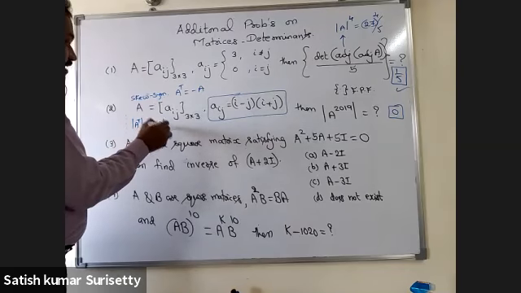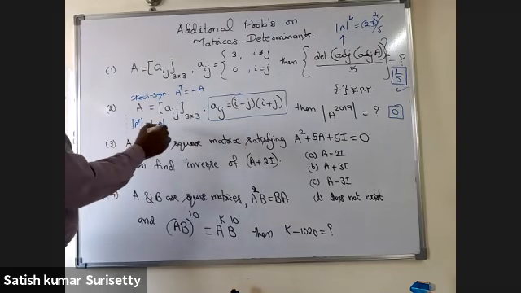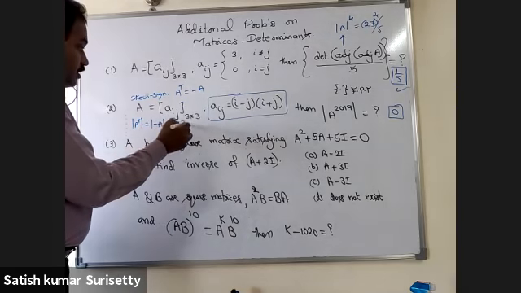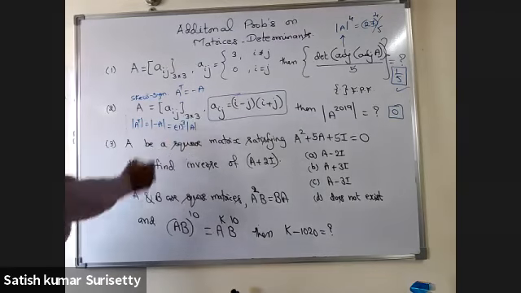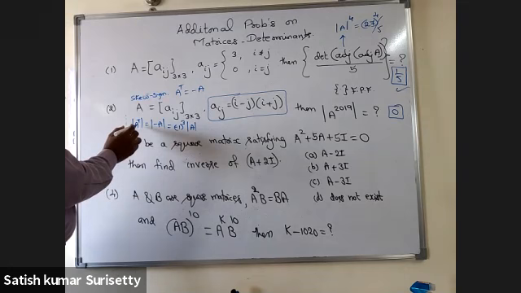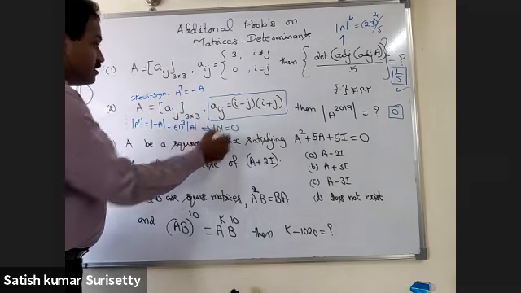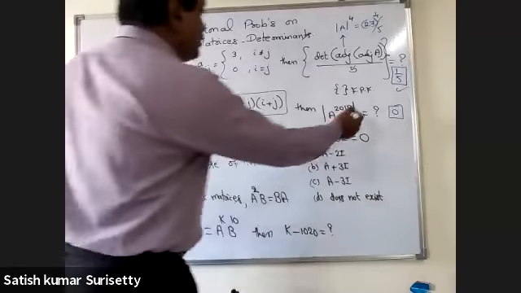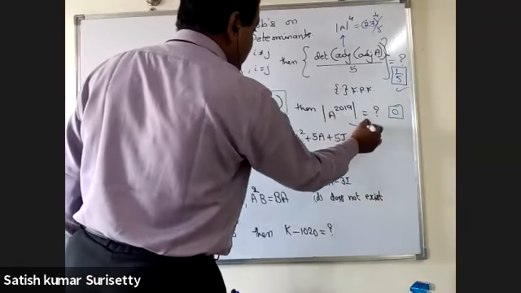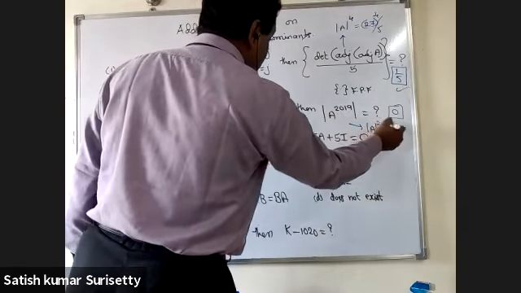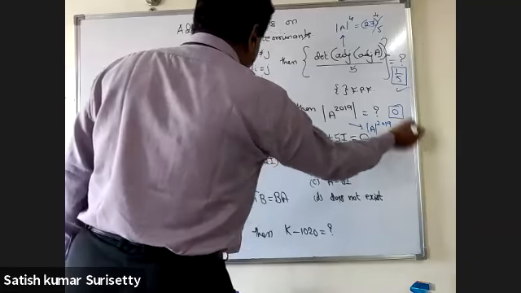When I take the determinant, determinant of A transpose equal to what? Determinant of minus A. But it's the odd order. That means what I'll get here? Minus 1 whole cube into determinant of A. But determinant of A transpose is same as determinant of A, implies determinant of A must be equal to 0. That means this is also 0. Why? Because this is same as determinant of A to the power of 2019, which is equal to 0.